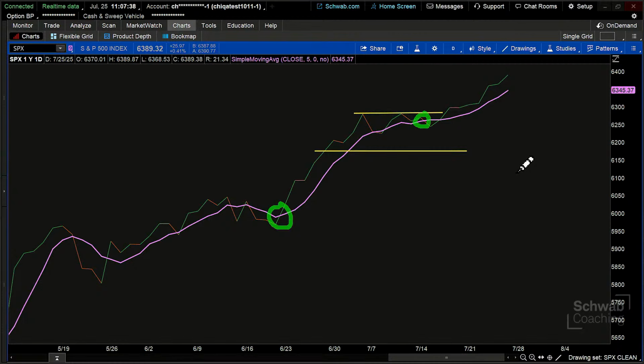We can make it much faster, we can make it much slower, right? It doesn't matter. We can choose whatever time frame in which we want to do this, but the concept remains the same. When the fast moving average is moving faster than the slower moving average, that gives us an indication that there is bullish momentum. When the fast moving average is moving below the slower moving average, that gives us an indication that maybe there is bearish momentum. And from that, we can take those entry and exit signals.